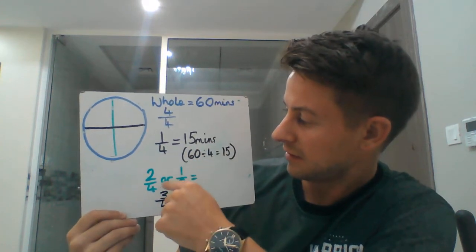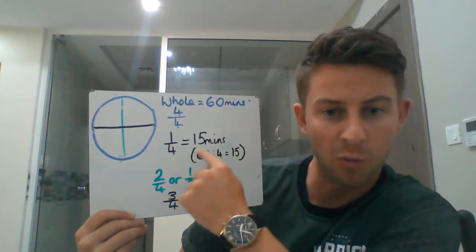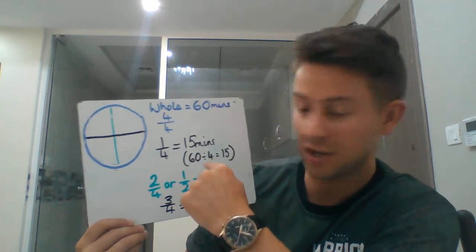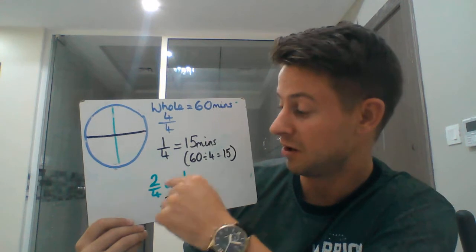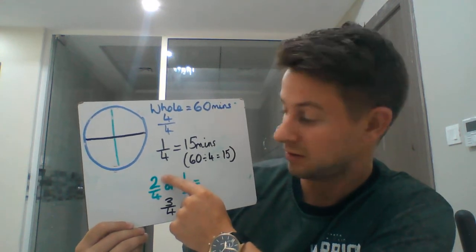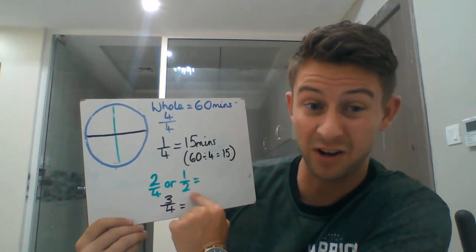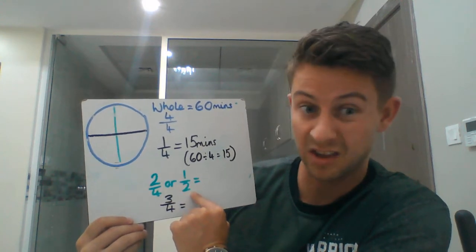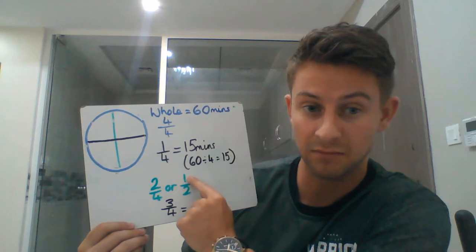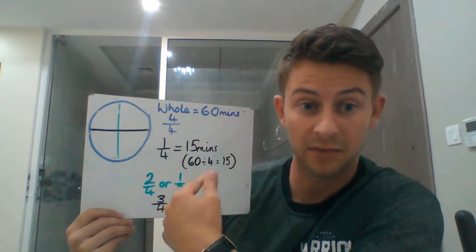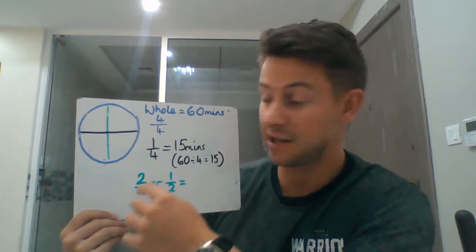Well, we know what 1 quarter is. Let's just add another quarter on, or check it the way we're doing. We could do 60 divided by 4, times it by the numerator, 2. But we know that's an equivalent fraction, so we could do 60 divided by 2. It's 30, times it by 1. Okay, then we could do this. You guys could do that. It's just a little bit extra, a little bit more information on why we do it.